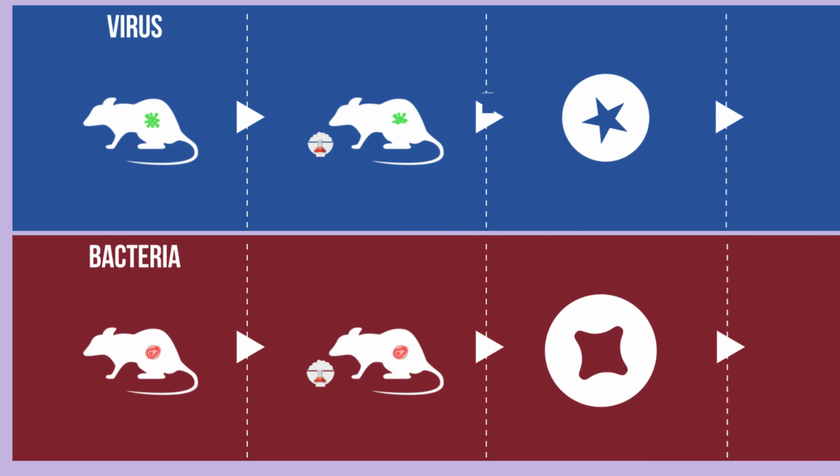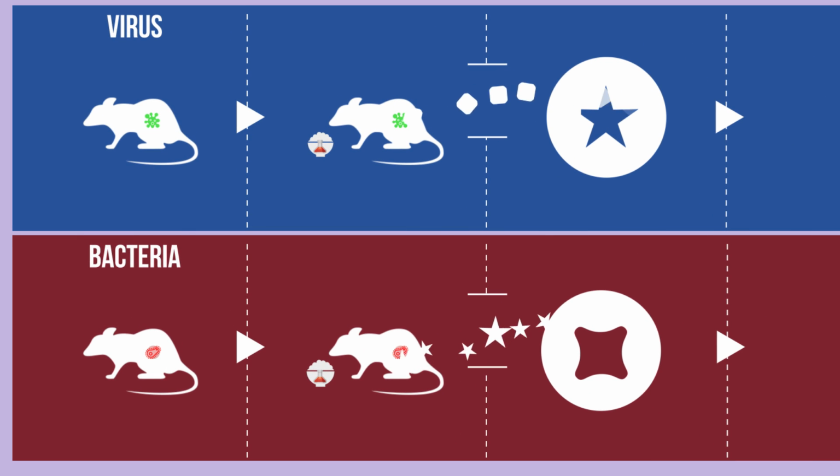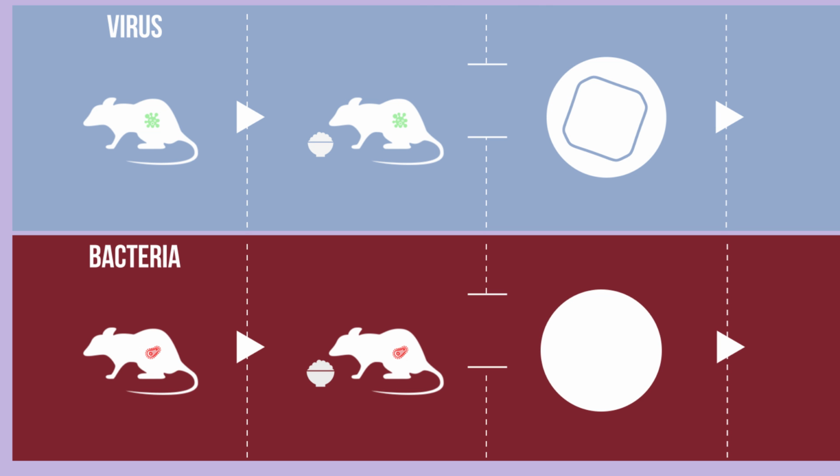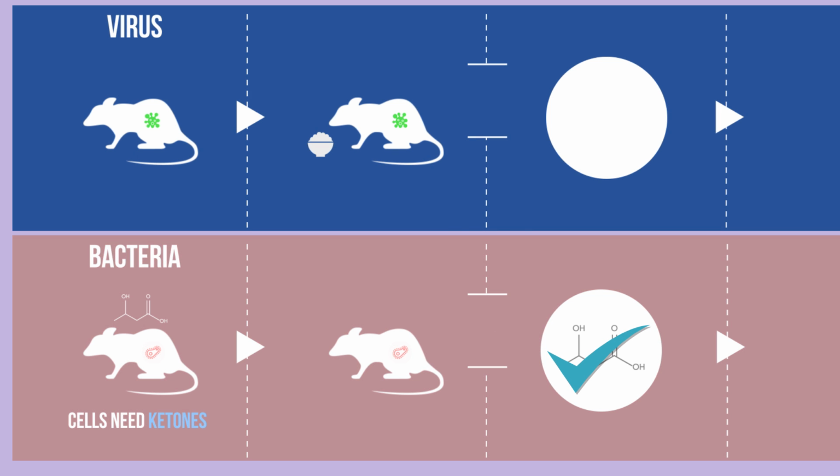Cells need the right nutrients to perform certain tasks. So during an infection, what you eat controls what nutrients are available to your cells, and therefore what defense strategies they can employ. We found that in bacterial infections, cells need ketones to reduce toxic ROS accumulation. When fasting, ketones become available. In viral infections, however, cells need glucose to properly respond to unfolded proteins.